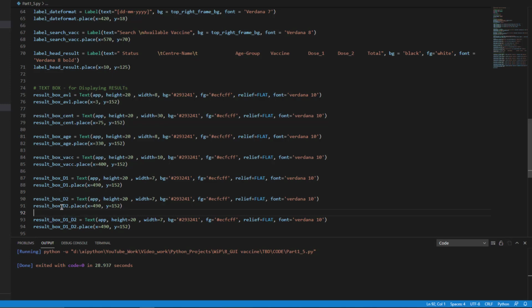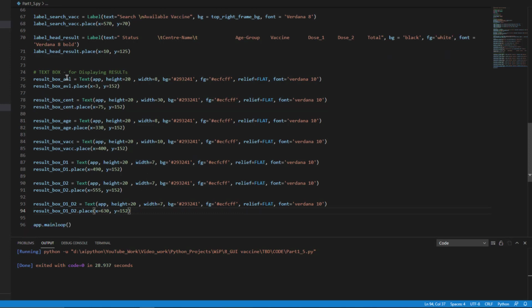So I think we have done till D1. Now we will just change the width, and we don't even have to change the width because all the values are almost within 4 digits. So I think a width of 7 satisfies all of them. I just need to change the position of X. I'll be changing here from 490 to 555, which is the calculated one. And here I will change it to 630. All right, I think everything is done now.